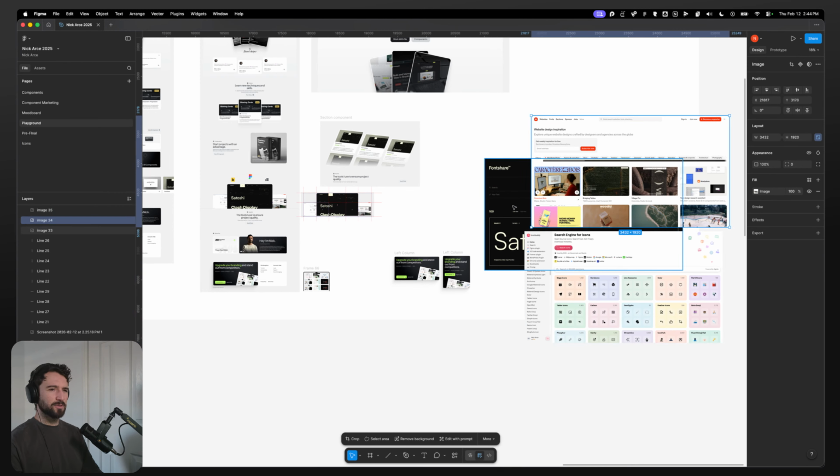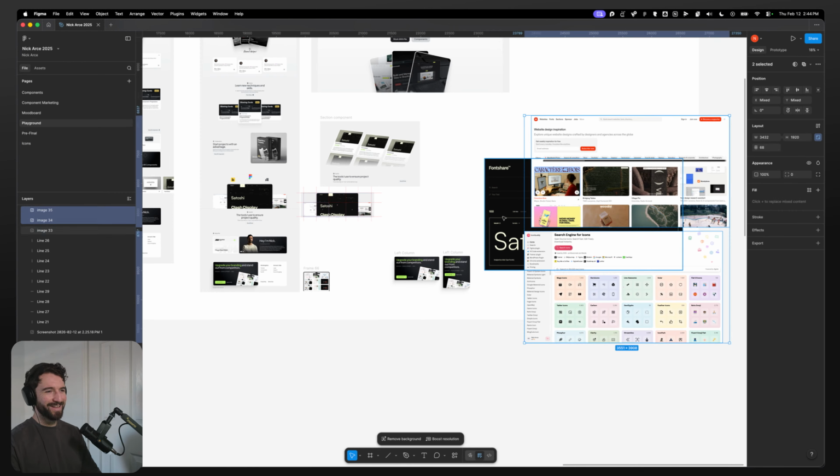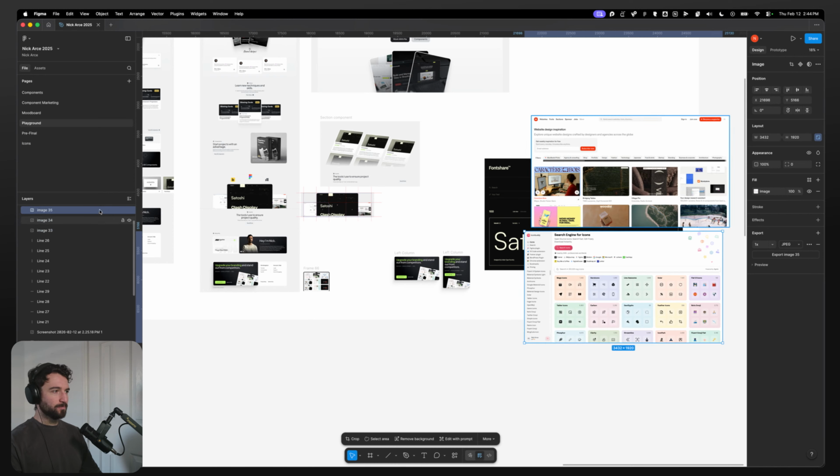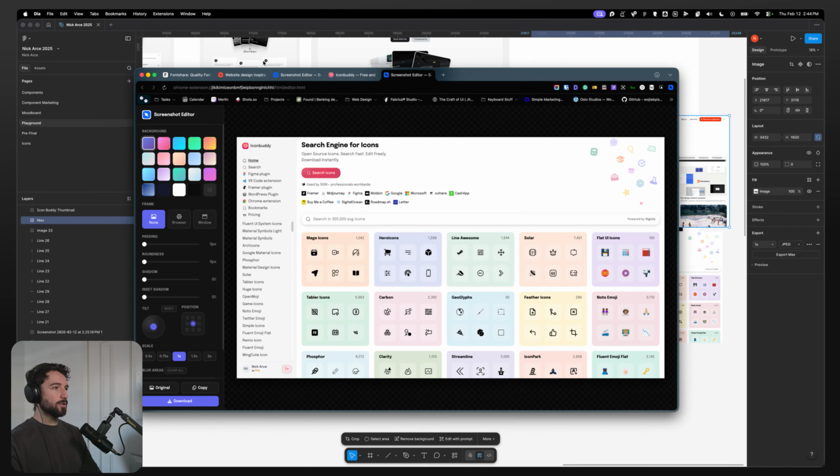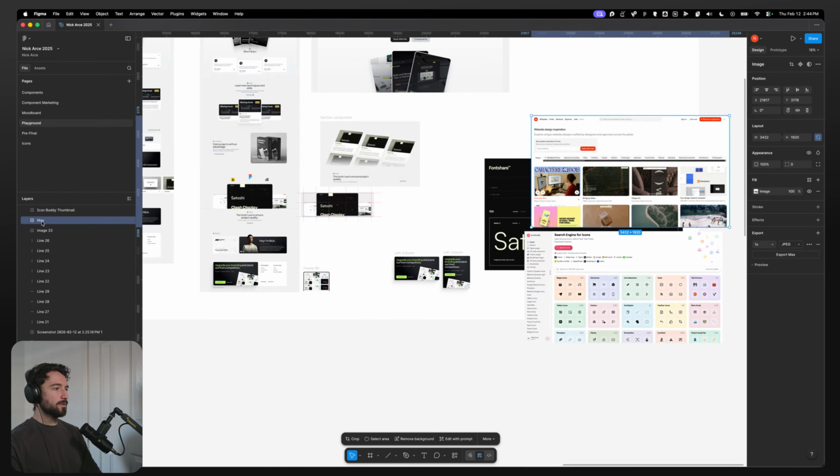Why didn't I download those? Why did I copy? Okay, let's go ahead and just export as JPEG. And this one, Icon Buddy thumbnail. This one is a Max. What is this one called? Max what? Maxi best of. Max E best of